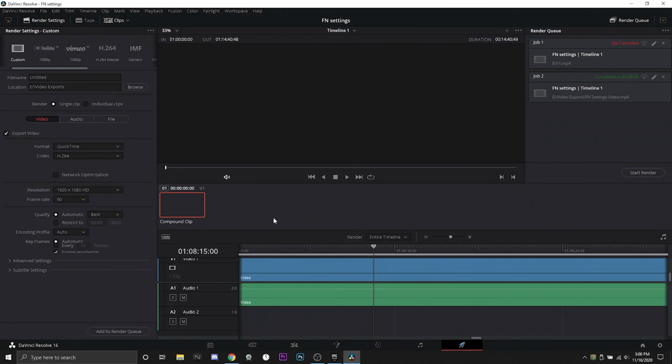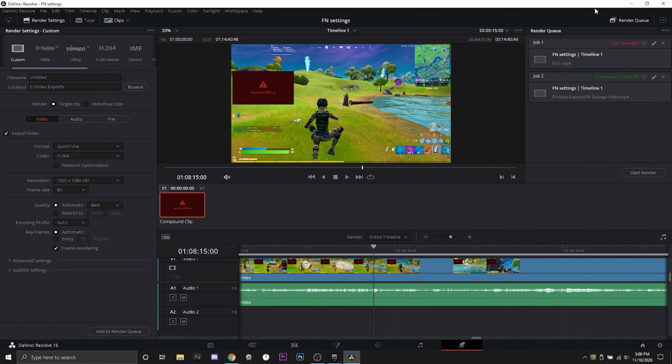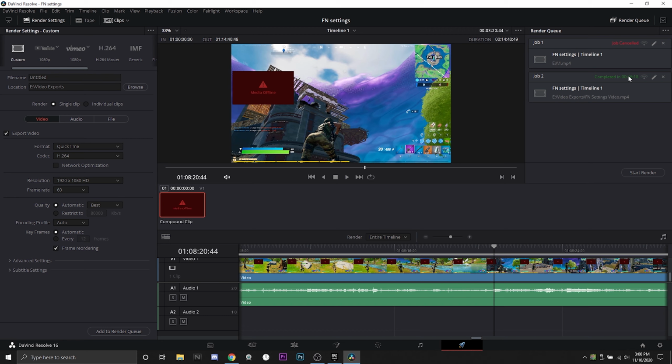Alright, so now we're in Resolve. We're just waiting for it to open up the thing I selected. I selected my Fortnite settings video, which you guys can find up here. I deleted my face cam footage, so that's why it says media offline over there. But I already have it rendered. As you can see, it took 46 minutes to render this. So rendering in 1440p does take longer than rendering in 1080p, but it still renders. If you're rendering anything, it still takes time to do. And I think for the quality you get back with YouTube with the different encoders or codecs, it's